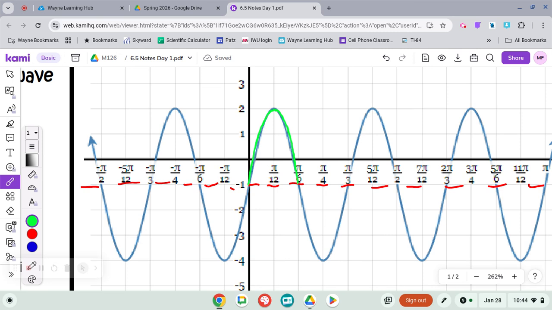Okay? So that only represents the top part, the part above the midline. To complete my cycle, I also need this part below. And do you guys see what I've highlighted in green? That represents one cycle, and we'll talk more about what that means tomorrow with sine, but that's one complete cycle